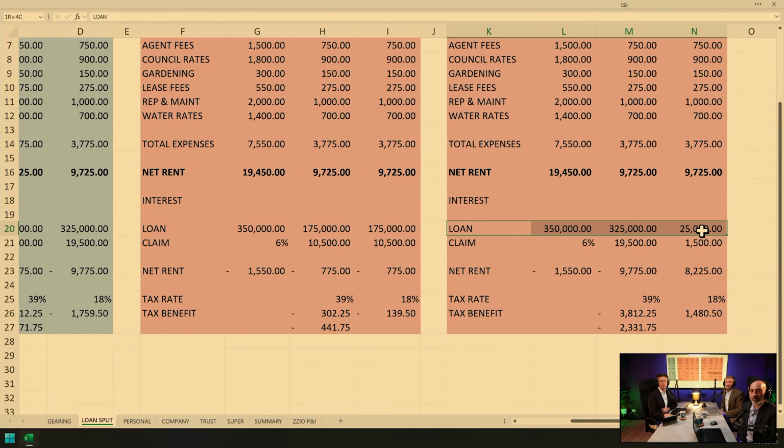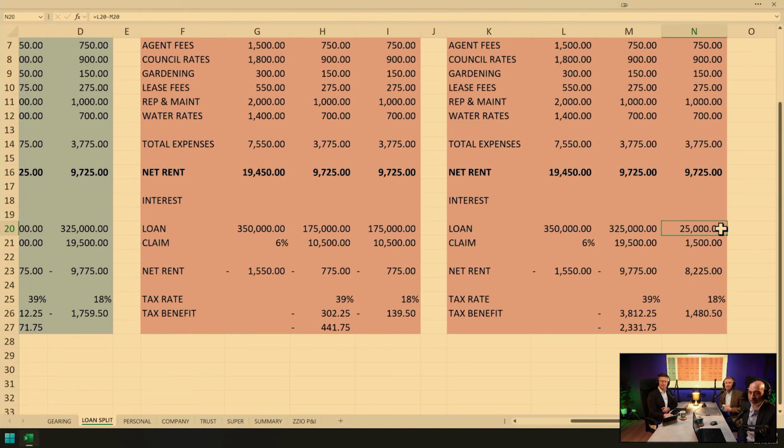Yeah, so the third scenario is the same as the second scenario, but instead of the 350 being split half-half at 175 each, this couple would have gone to the bank and said, our initial loan, the 650 loan, we want to get two loans. I'll get a 325 and you get a 325, and we each have our own repayment on those. Person A, the person on the higher income, we're going to leave at interest only. That's me. I'll go interest only, and I'll go on the higher wage. And then Jeremy, you're on P&I.